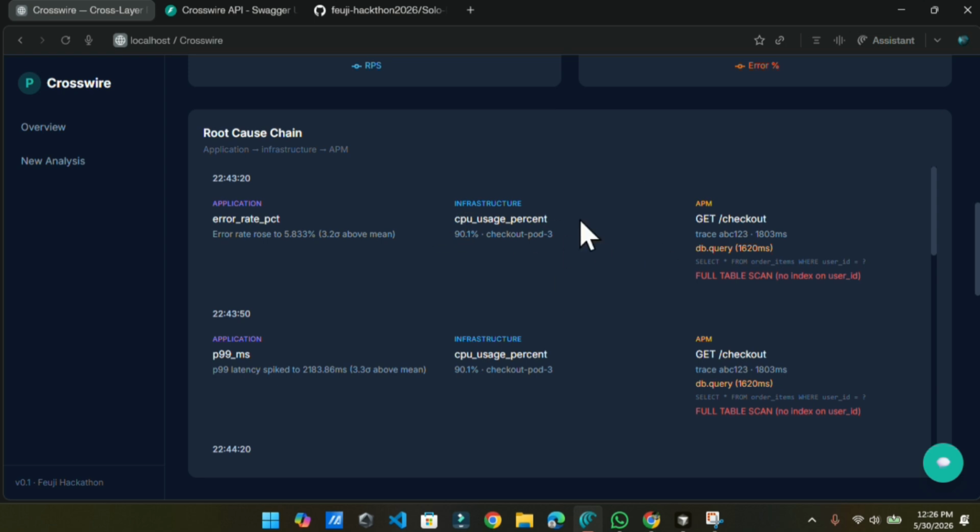For the infrastructure, what is the resource usage percentage? The CPU usage is 90.1%. I mean a single process is putting more load in this specific timeline. So what is the log? We're getting this from the APM. Here it tells us the DB query is